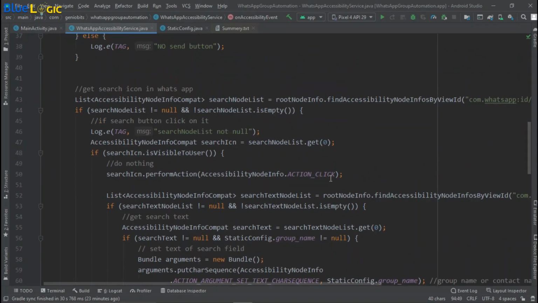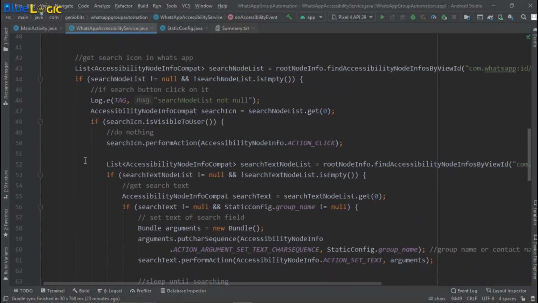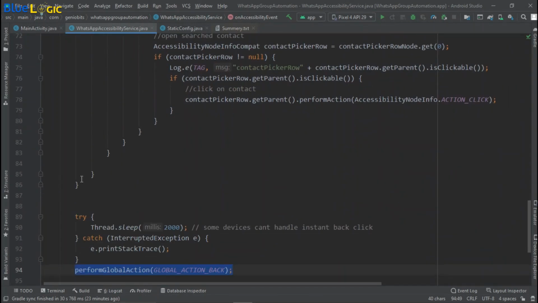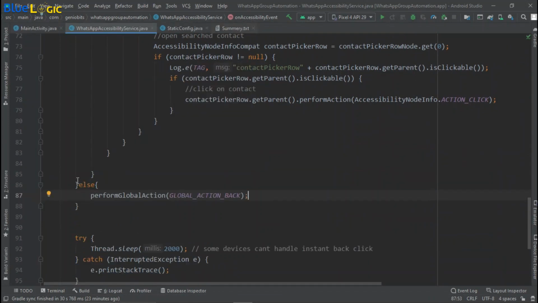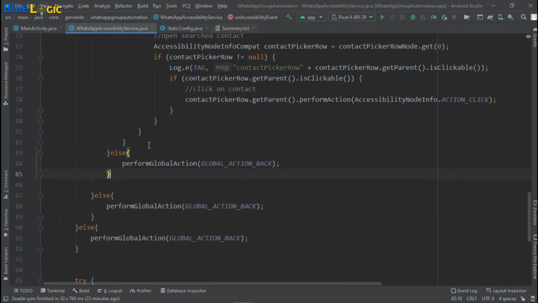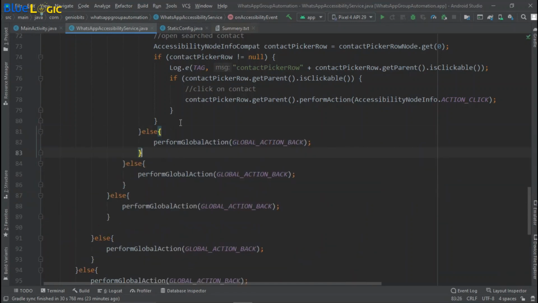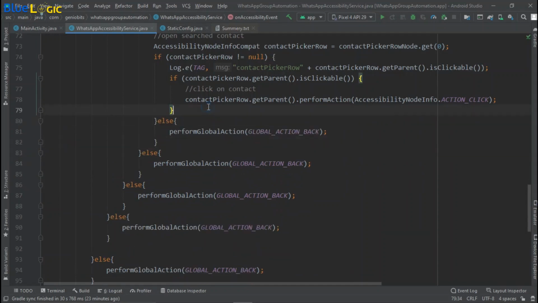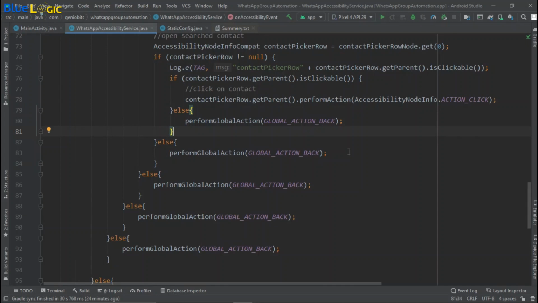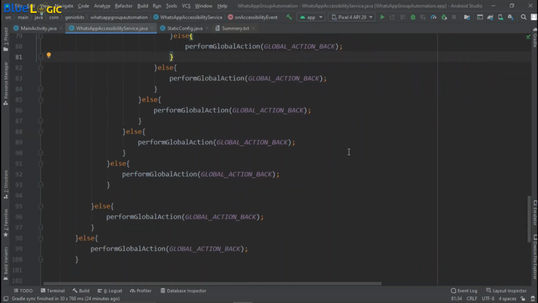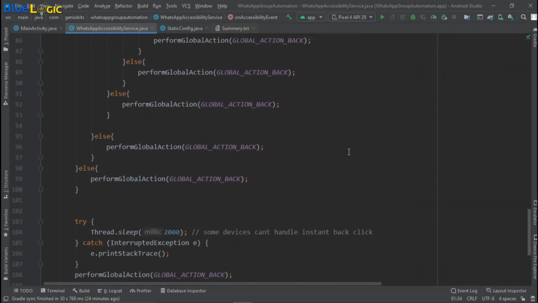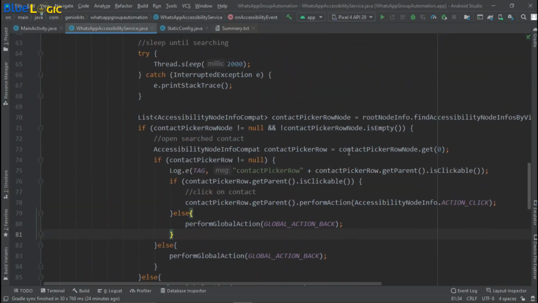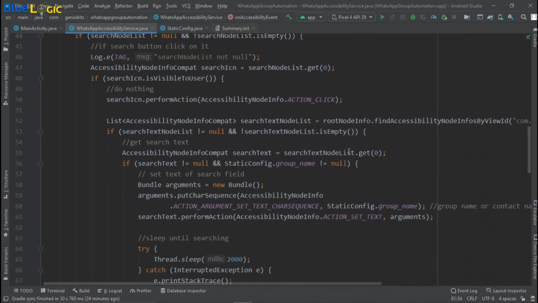Also, we can use this in every else statement, that is, if this if is not present, then we can just perform action back. So we can do it everywhere. Whenever some if condition fails, it will back click and get back to our application and not stay there. So that is the main goal.